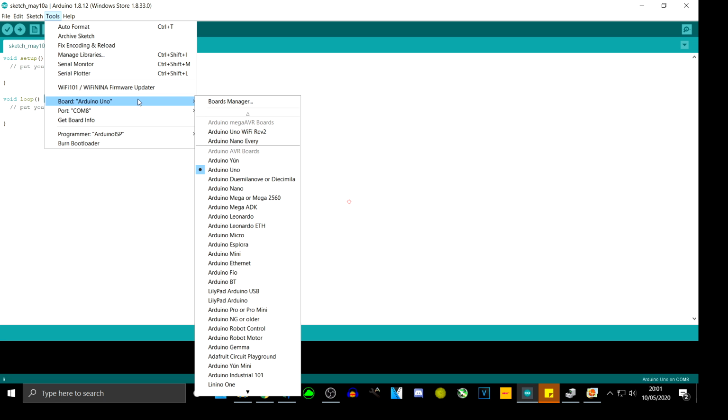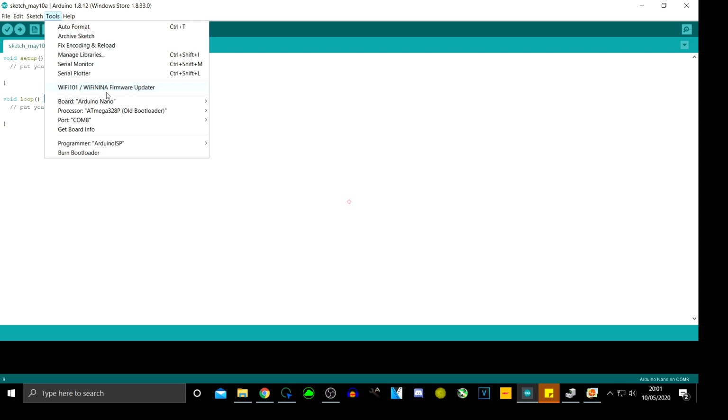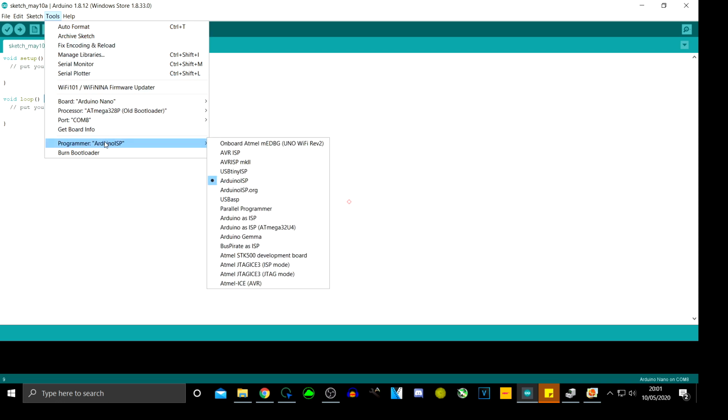But this time we need to go into Arduino Nano. That's what we need to do. Once we've done that, we need to go into the processor. Most of these are going to be using the old ATmega328 bootloader. Make sure that's chosen. Okay. But this time we go into Tools, Programmer, and we need to make sure we choose Arduino as ISP, and that basically changes our main Arduino board